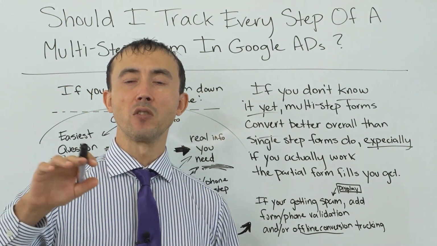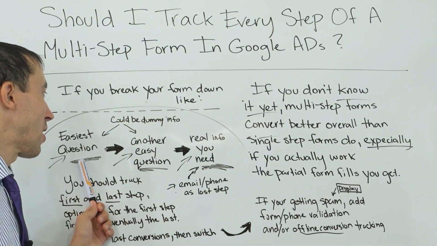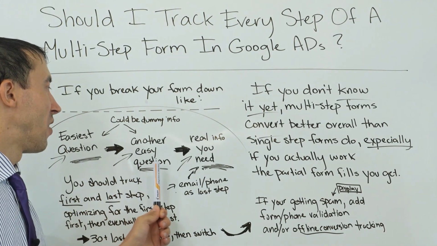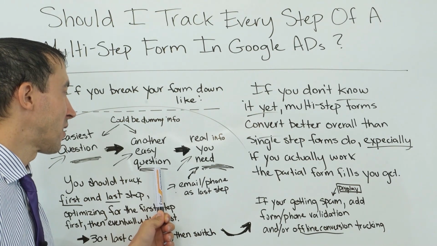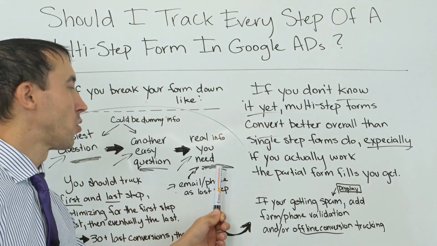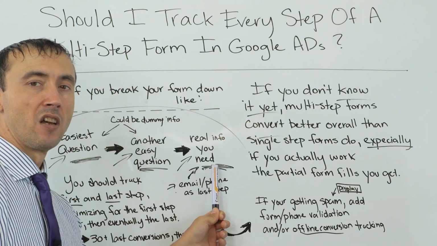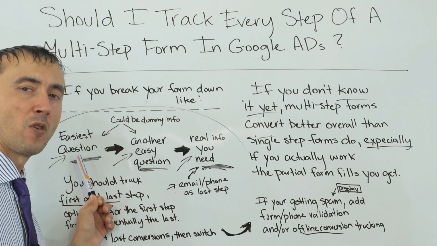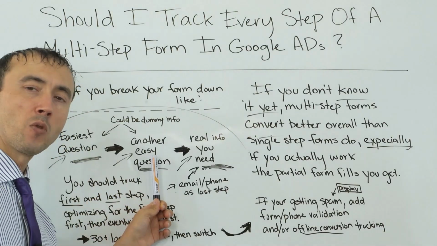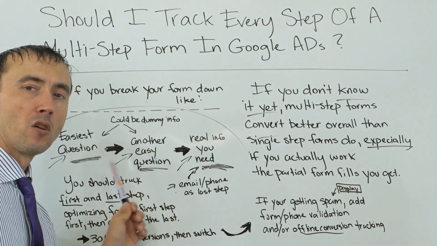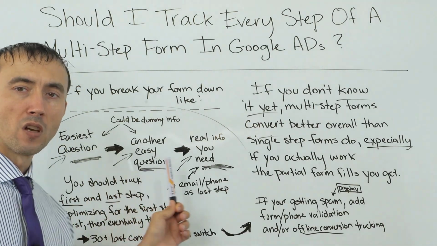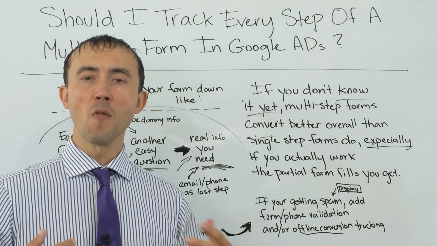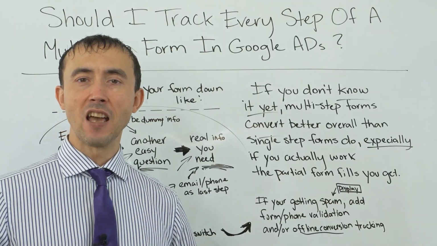You can have some goals. You could have, for instance, the goal that tracks step 1 answering as primary in your conversion menu. And then the goal that tracks the second step could be marked secondary. The goal that tracks the third step could be marked secondary. And then what you could do is just at a certain point mark the goal that tracks this first step secondary, and then mark this one primary. And then with that, Google is going to only look at the second conversion goal that tracks the second step in optimizing the ads. But when you switch over to that, you're going to have 30 to 60 days of,